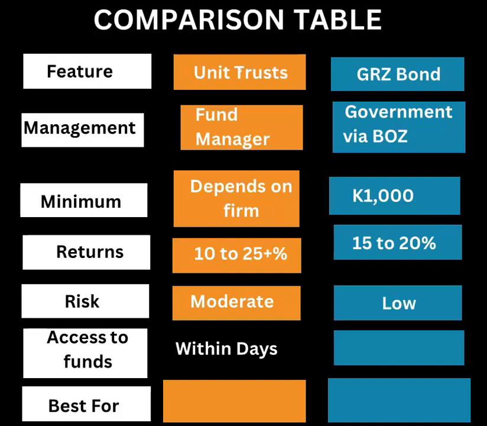Then when it comes to government bonds, we can say that the risk is low. We can't say it's zero risk. Of course, when you're talking about default risk, like the government failing to pay you interest and the principal, that is not there. It's zero. But there are other risks, like the 7 risks.